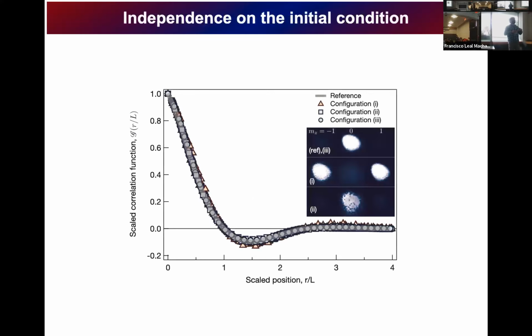Okay, and finally, I told you right now that we have seen this universal behavior. However, whatever I told you now was just for one initial condition. In order to convince you that there is universal behavior, I have to use also different initial conditions and show you that I will have the same result, right? So what we do here is both experiment and theory. Again, what we do is to use three